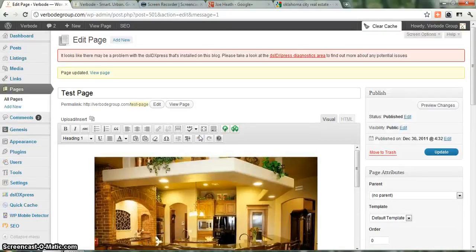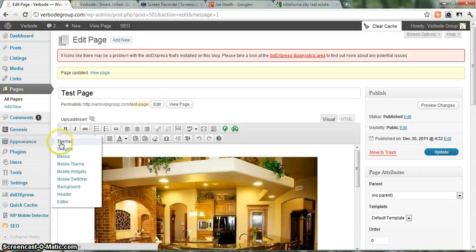It looks like I'm already about halfway done with this time limit, so I'm going to quickly go through how to add a page to this front menu. If you go to Appearance, there's a lot of good stuff here. I'll go over that in a different video, but for time's sake, let's just do the menu. So if you click on Menus,